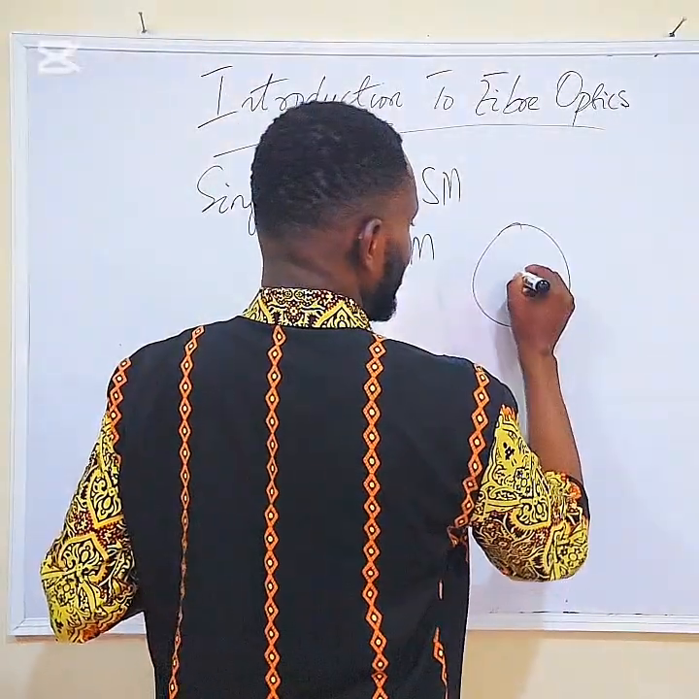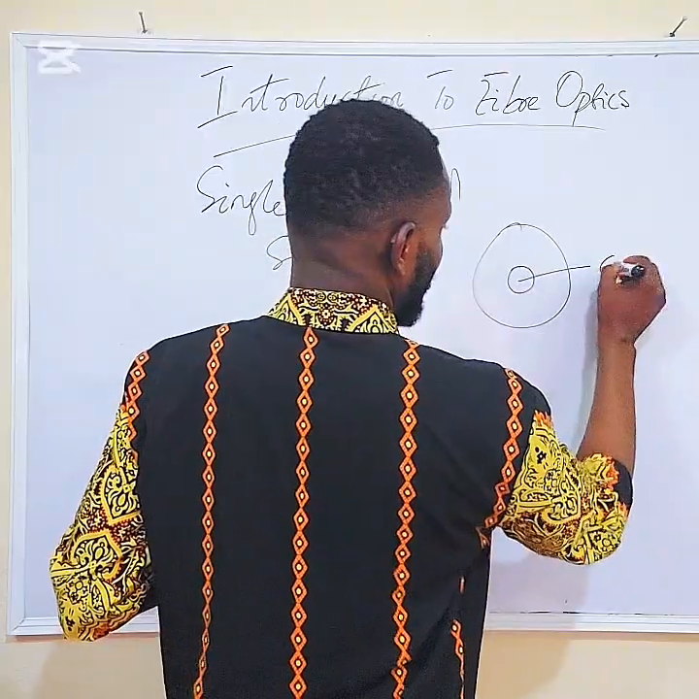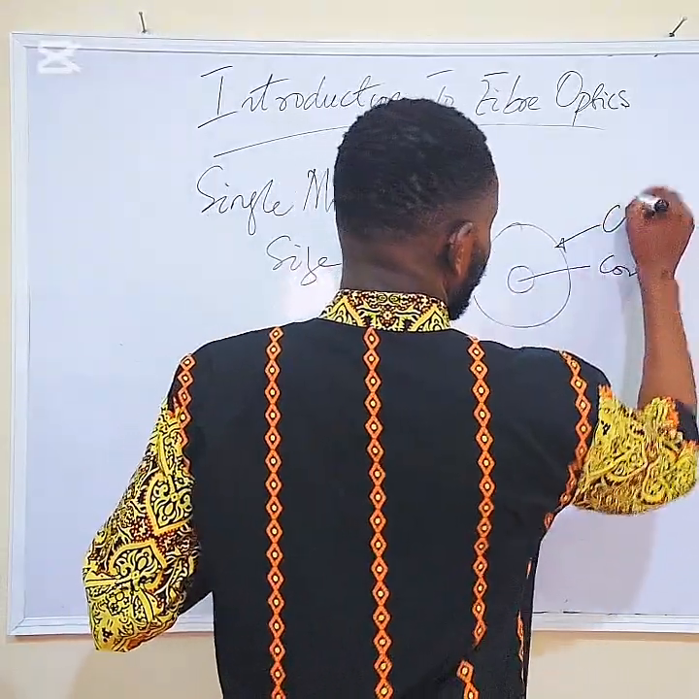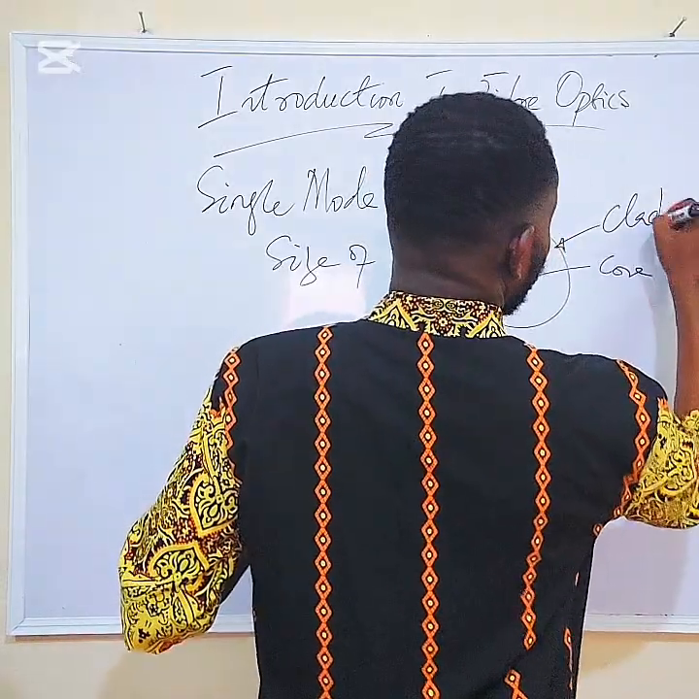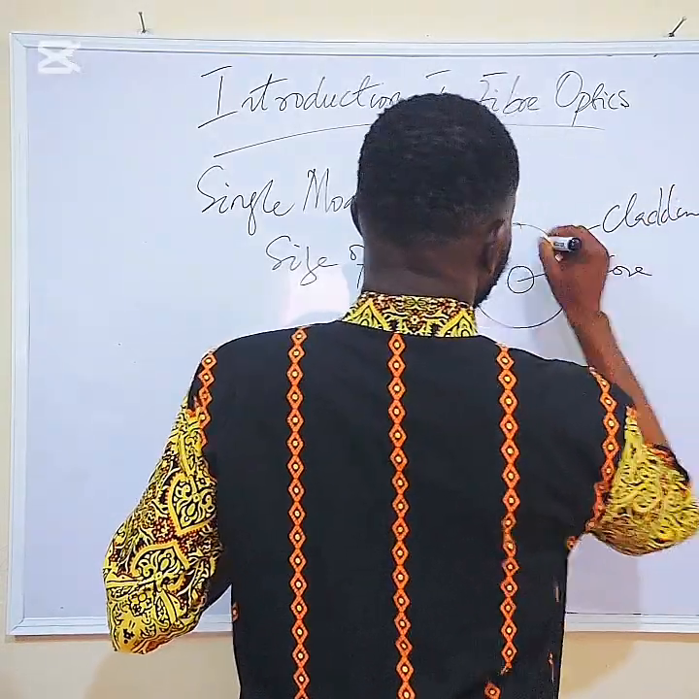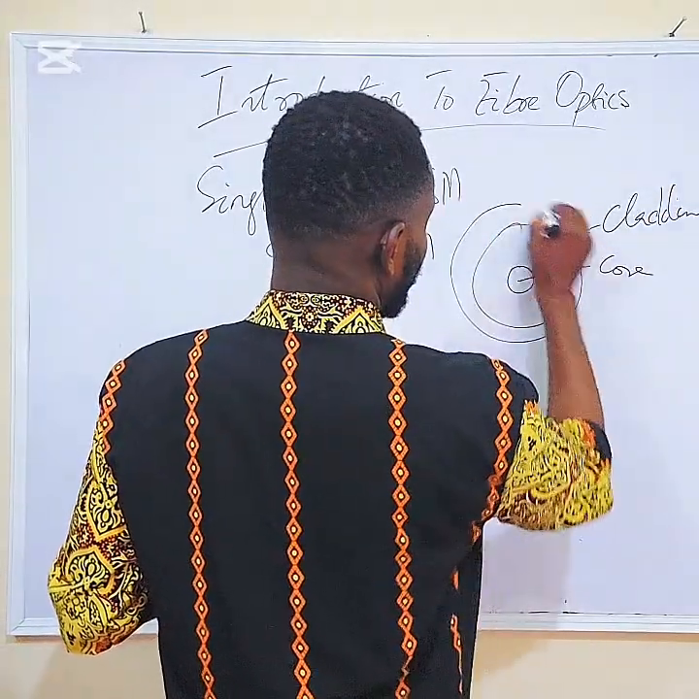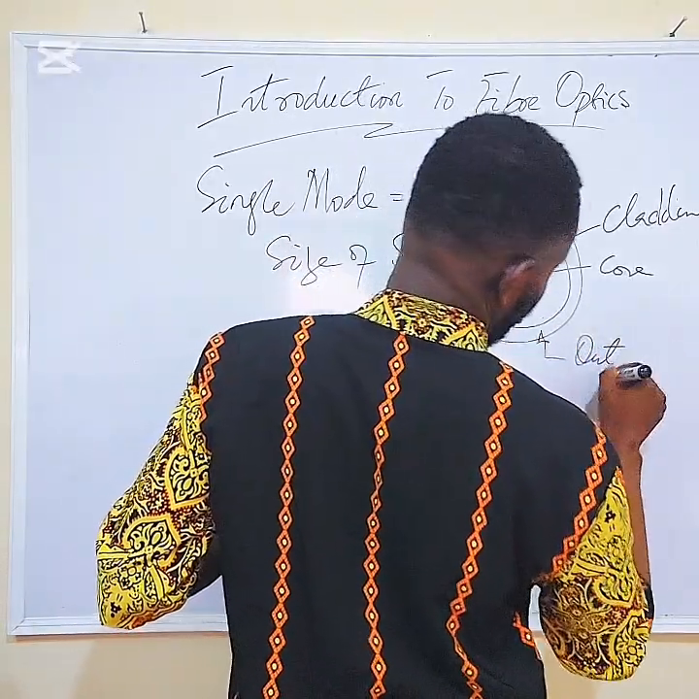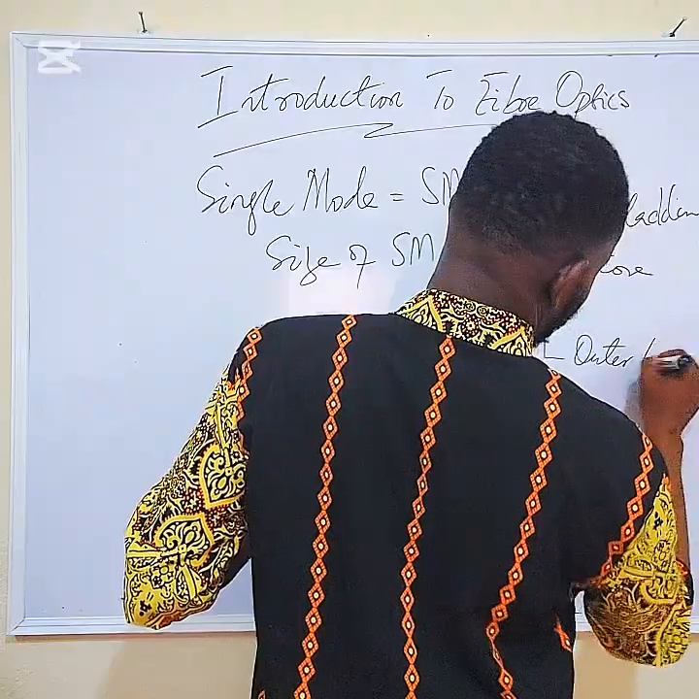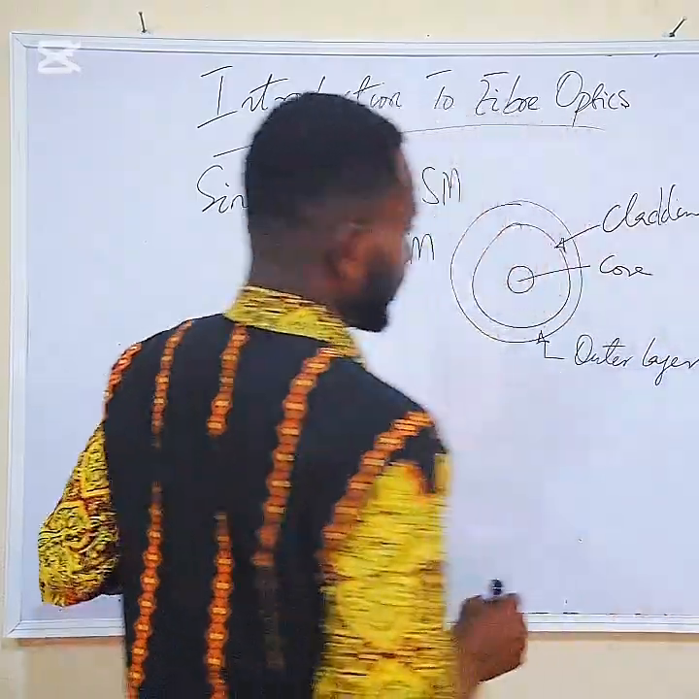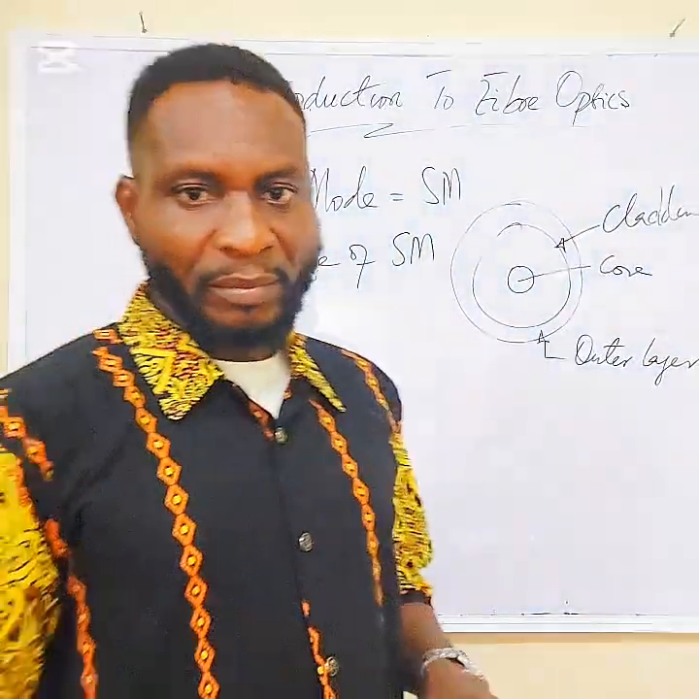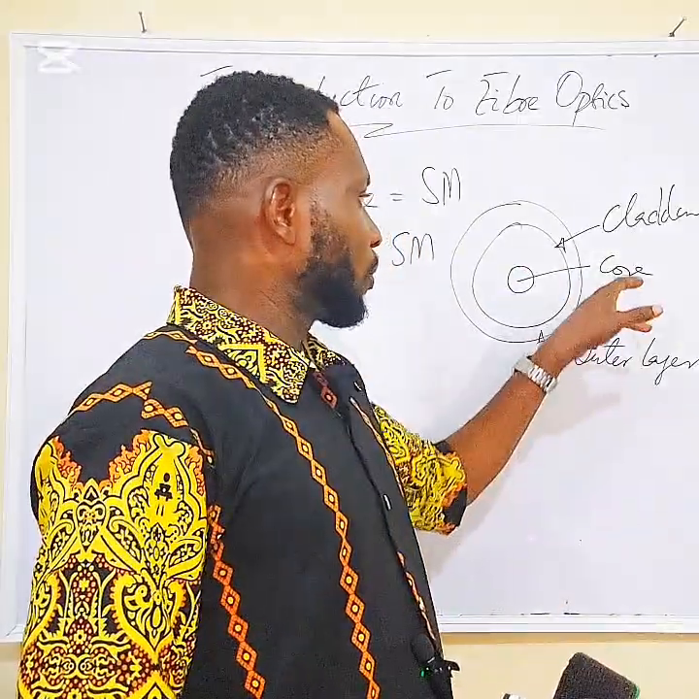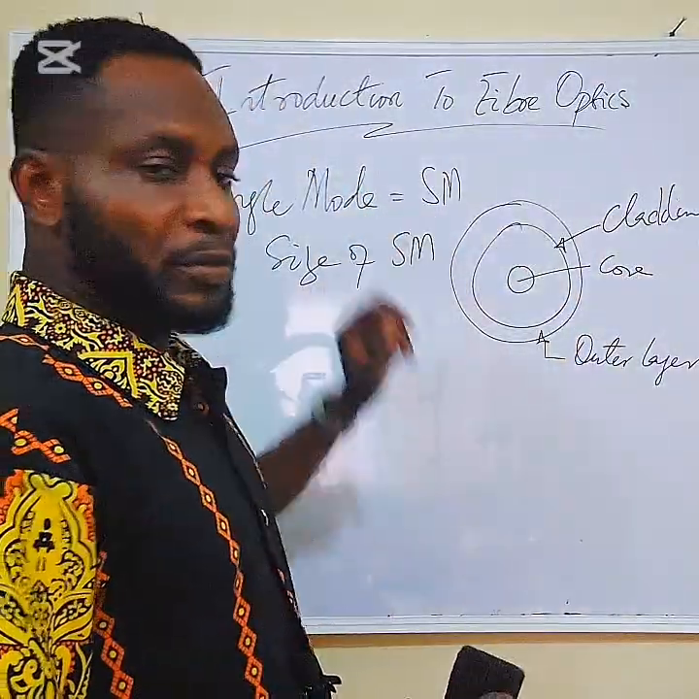We said there is the core, we made mention of the cladding, then the outer layer, the major outer layer. That's just the primary basis of it. So this single mode,